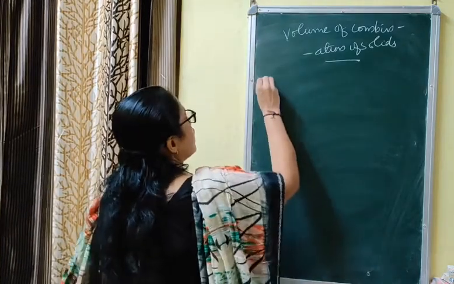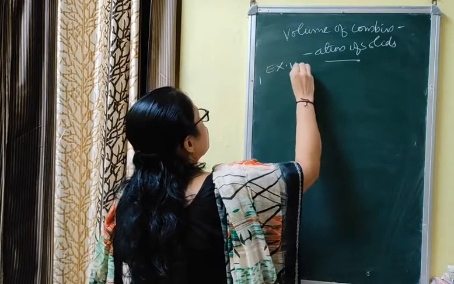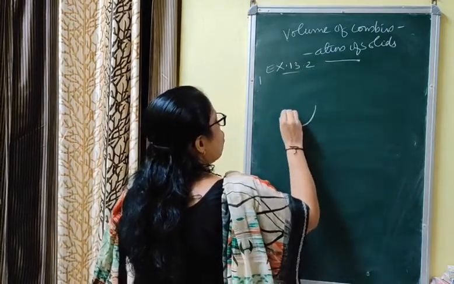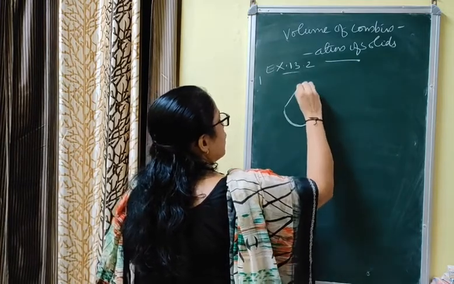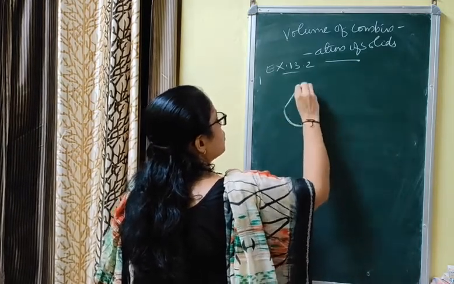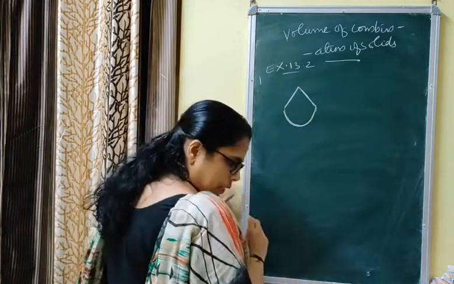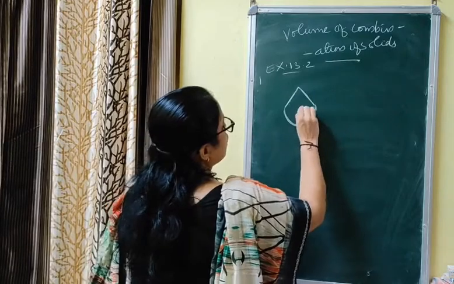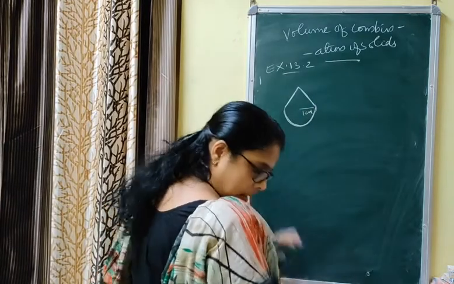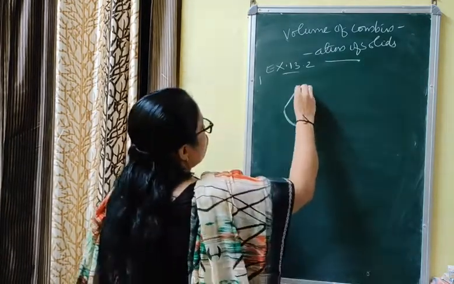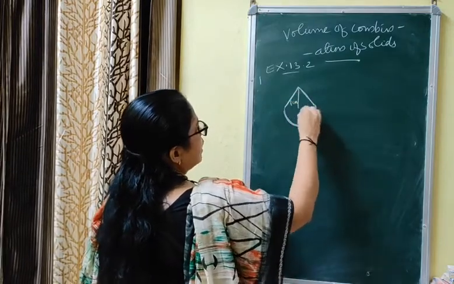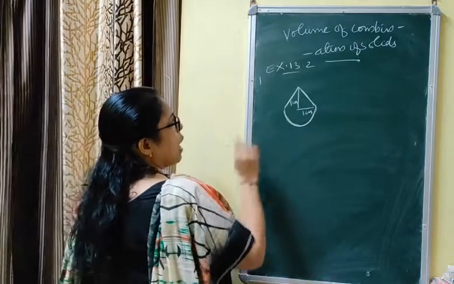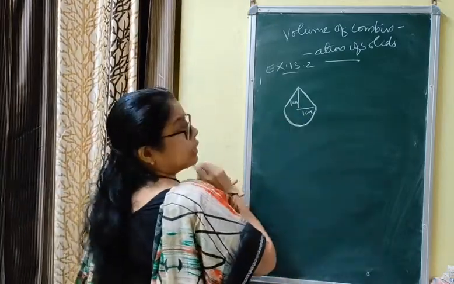You are given exercise 13.2, first question. You are given a solid. The solid is in the form of a cone standing on a hemisphere. And the condition given is, why am I making such a small cone? Because you are given the condition that the radii of both are equal to 1 centimeter, and the height of the cone is equal to the radius. The height of the cone is equal to the radius, so there should not be much difference. That is why I have drawn the figure like this. Now you are asked to find the volume of this solid in terms of pi.